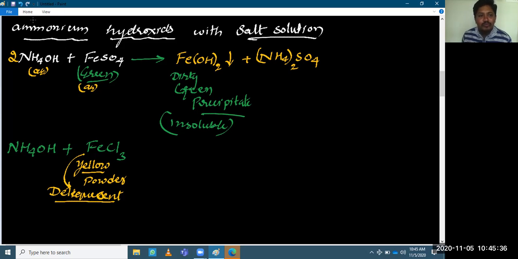Deliquescent substance. What do you mean by deliquescent substance? Deliquescent substances are nothing but substances which, when exposed to atmospheric air, absorb moisture from the atmosphere and get dissolved in that moisture, and turn into a solution. That kind of compound is FeCl3. This is a yellow powder. So when we expose this yellow powder to atmospheric air, it absorbs moisture, gets dissolved in it, and is converted into a solution. That is the reason such kind of compounds we call